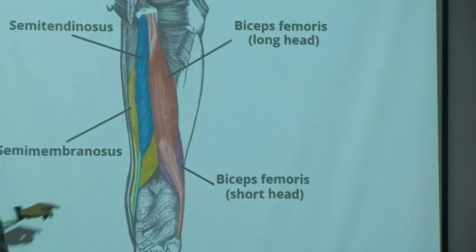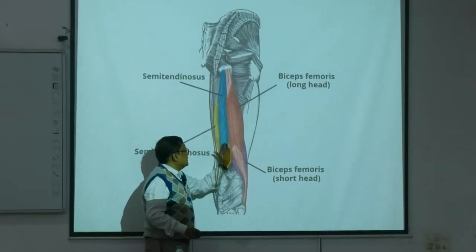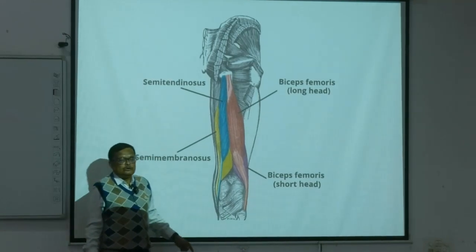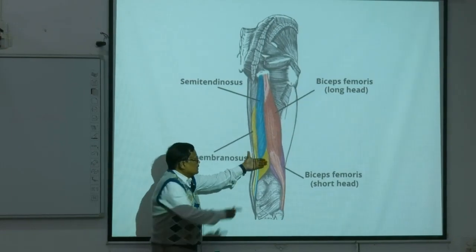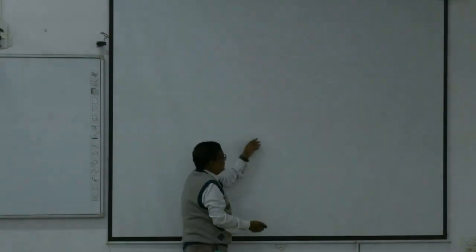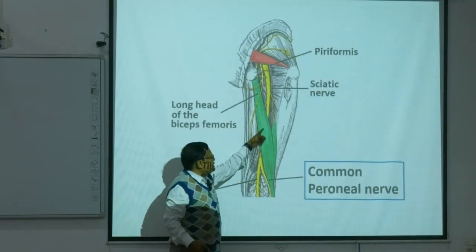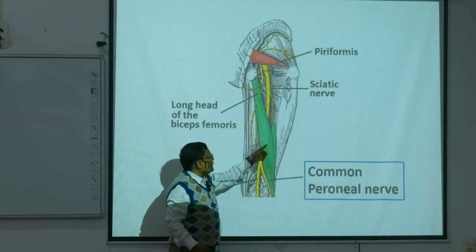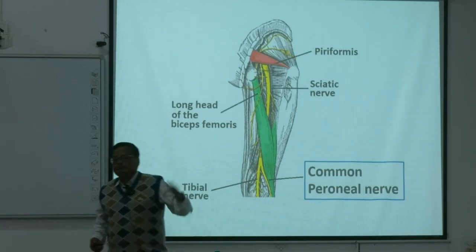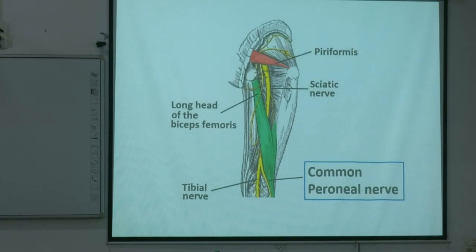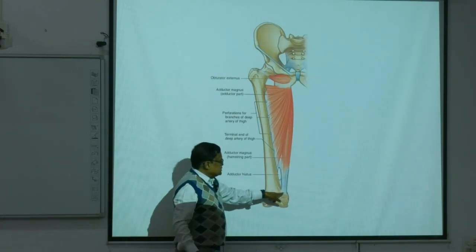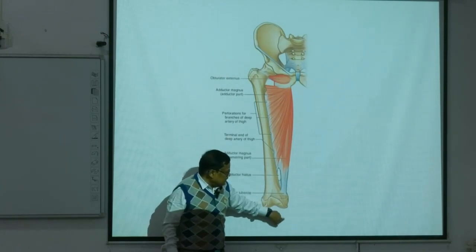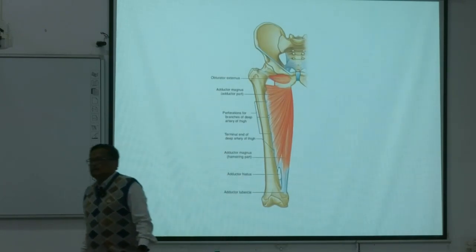So these are the semi-membranosus, and above it lies the semi-tendinosus. Why is it called semi-tendinosus? Because of its long tendon. This yellow one is the semi-membranosus, above it is the semi-tendinosus. Then there is the biceps femoris and adductor magnus, which you already know. So these are the hamstring group of muscles. This is the adductor magnus. Look, adductor magnus is inserted, last insertion is here, the adductor tubercle. From there, a ligament is situated.